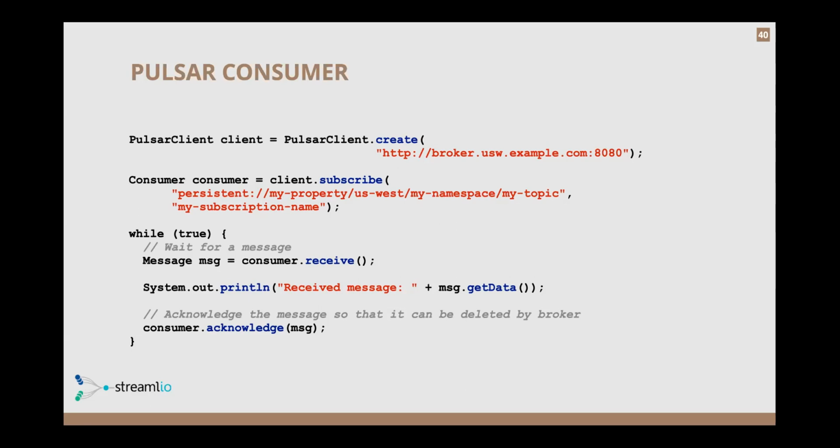And then you just basically have your processing while loop. While you continue to receive messages, that's a blocking receive until you get the message. And when you get it, you can just process it and do whatever you want. And when you're done, you have to explicitly acknowledge the message to say, hey, I have received this message, I'm done processing it. You can also negatively acknowledge, say, hey, I got this message, but something went wrong on my end, and this should get redelivered again, maybe to a different consumer. So there's a concept of a negative acknowledgement, or in that case, it's called fail.